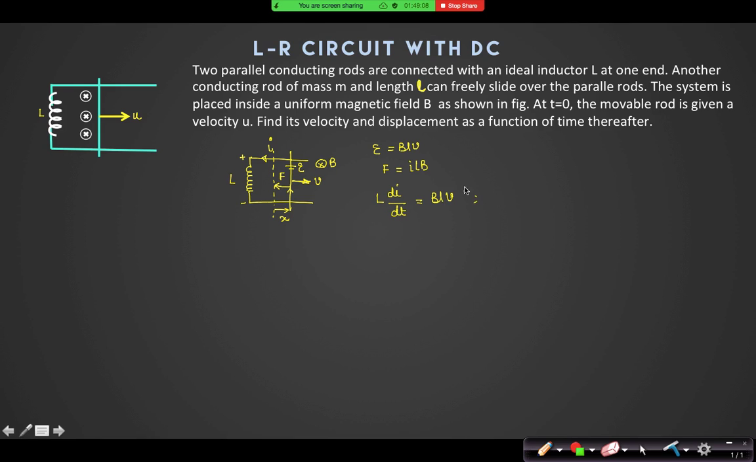Also, force is equal to minus m dv by dt. Can I write that? Because its direction is opposite. Clearly, it can be seen. So from here I can say that